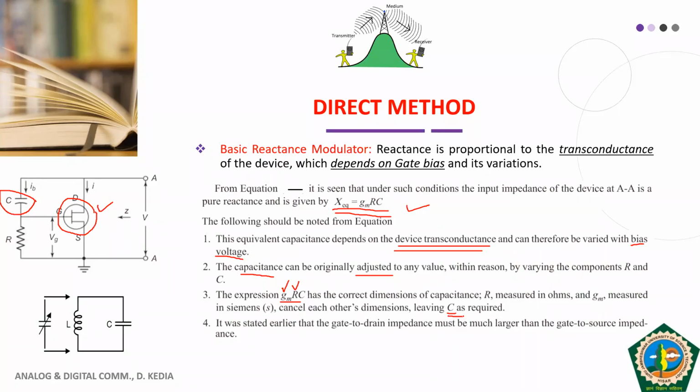Fine. And one assumption that we have already assumed is about your gate to drain impedance. What we assumed is that your XC has to be very, very greater than R. Okay, so this is your drain part, this is your gate part. So gate to drain impedance means this portion is having impedance very high as compared to your gate to source part, means this part. So this I have already stated to you. So I hope all of you have understood.